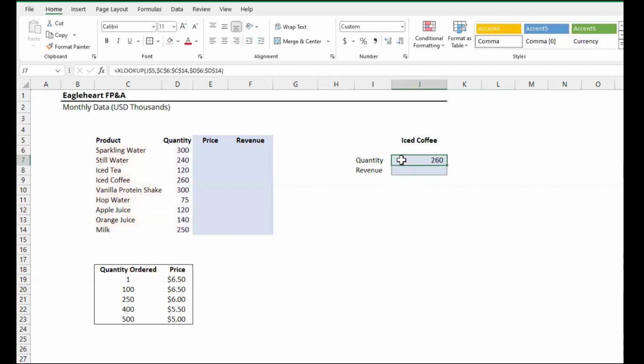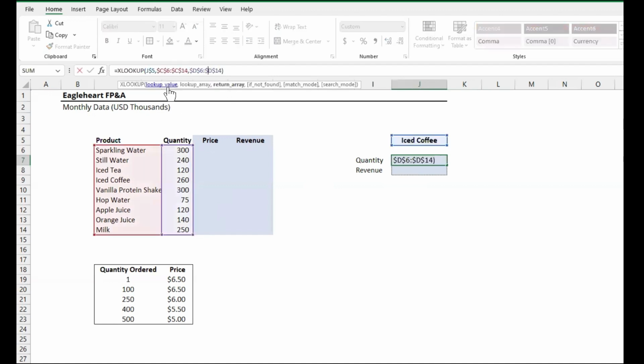Enter, and that's it. That's how you do a basic XLOOKUP formula. You need those three essential components of a lookup value, a lookup array, and a return array. Now you'll notice there's a few other optional items in this formula. If we hit a comma, there's an if not found, which is basically a built-in IFERROR. We can just leave it blank, two quotation marks, comma, and then match mode, the default is 0